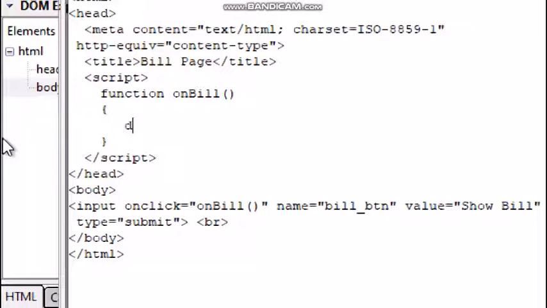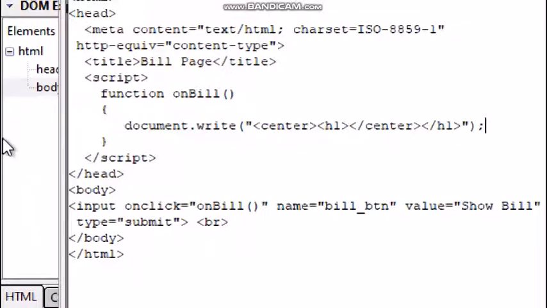So I will write document object, write method within double quotation mark, center, h1, heading tag, center complete, h1 complete, then double quotation complete and semicolon.